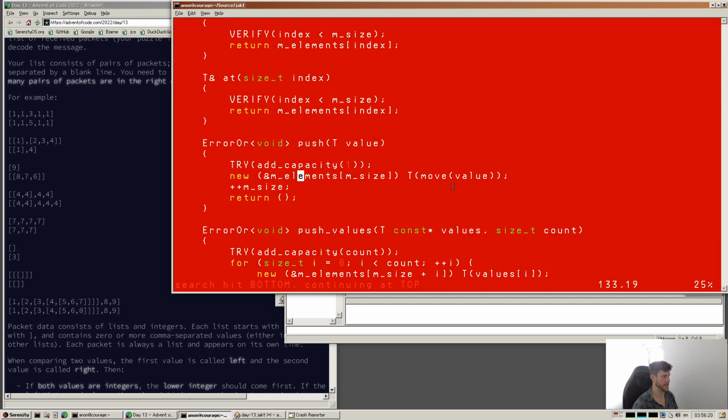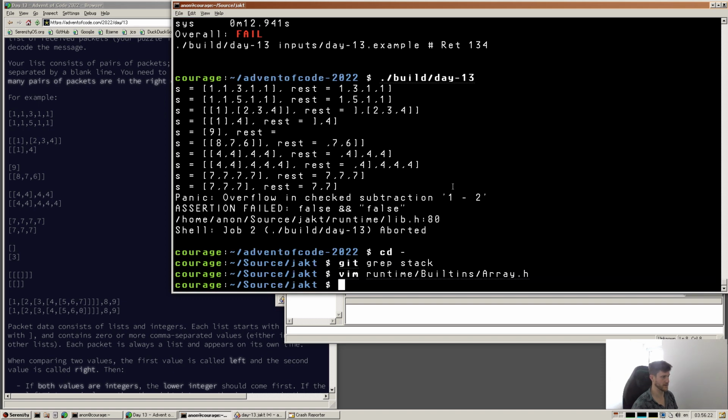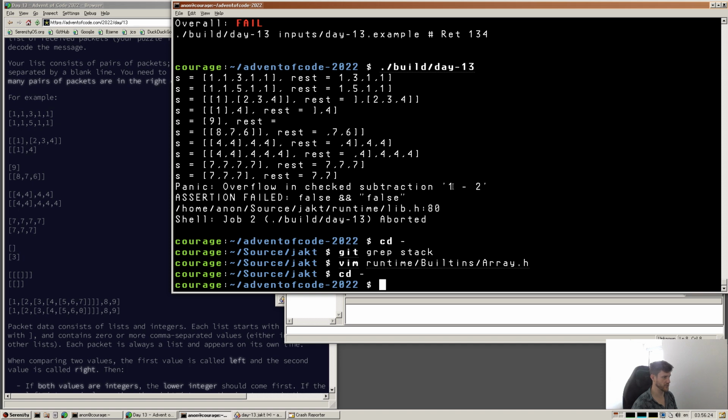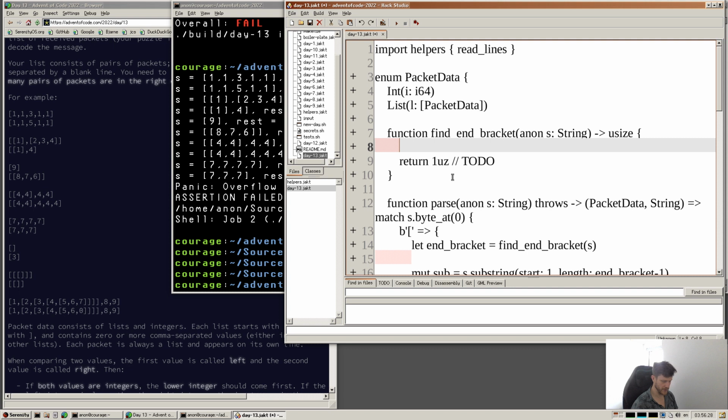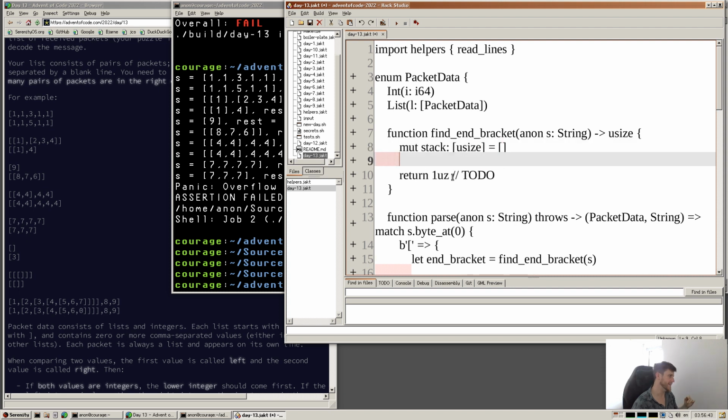That looks like it puts it at the end. So we have a push and pop for that, and I think I need to close that. So we'll have a mutable stack, and it will probably be a stack of usizes, and yeah, we want to